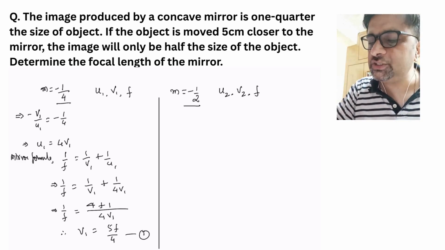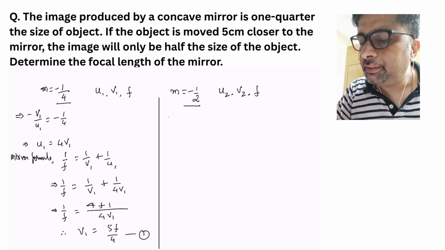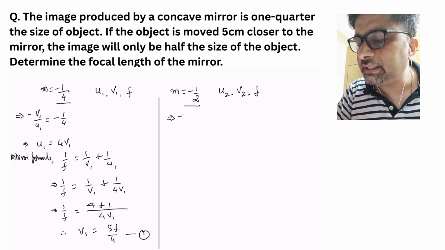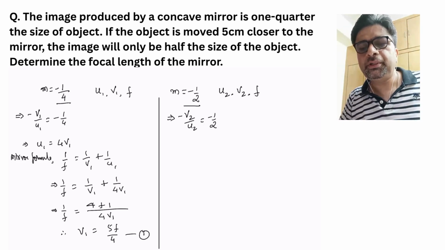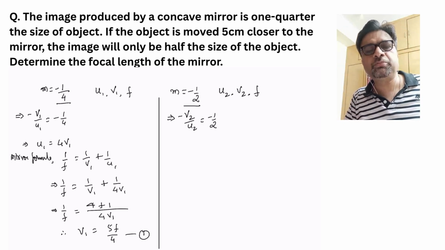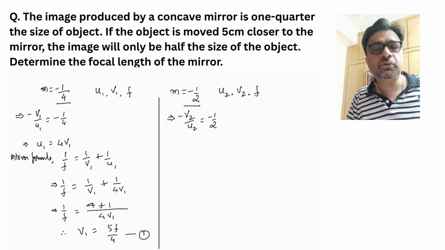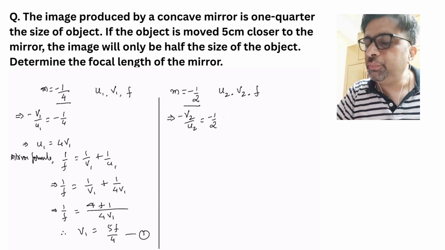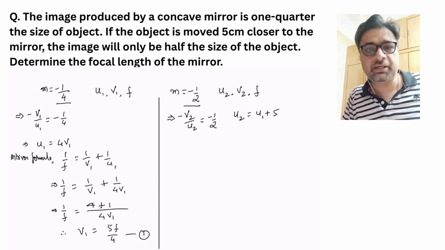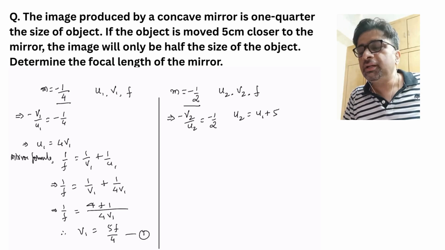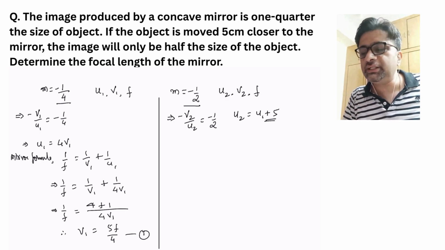Now in the second case we have m is minus 1 by 2, and that gets us v2 by u2 is equal to minus 1 by 2. Interestingly, in this case the object is said to be moved 5 centimeters closer to the mirror. So we have u2 in this case would be equal to u1 plus 5. Interestingly, plus 5. This might be confusing for some. The reason we have made it plus 5 is,